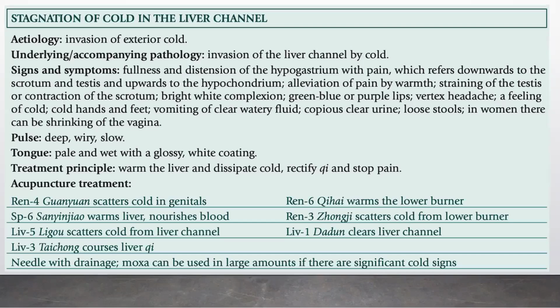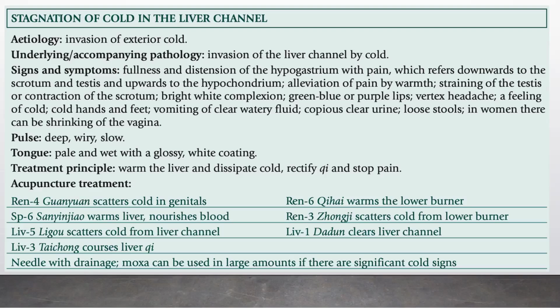To summarize, stagnation of cold in the liver channel etiology is invasion of exterior cold. Underlying accompanying pathology, invasion of the liver channel by cold. Signs and symptoms, fullness and distension of the hypogastrium with pain, which refers downwards to the scrotum and testes, and upwards to the hypochondrium. Alleviation of pain by warmth, straining of the testes or contraction of the scrotum,